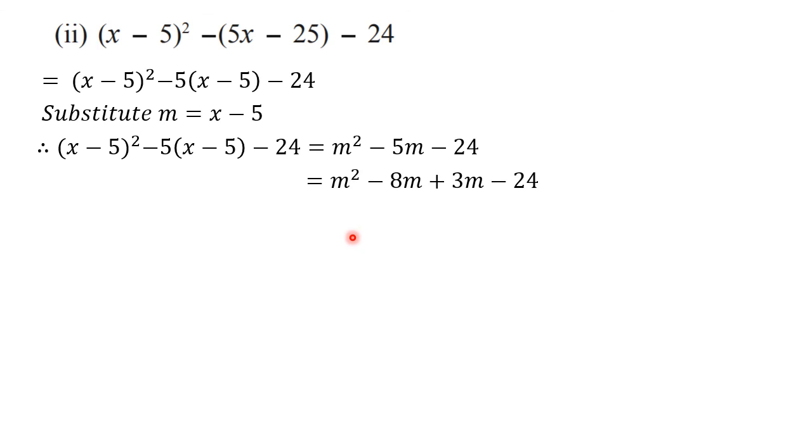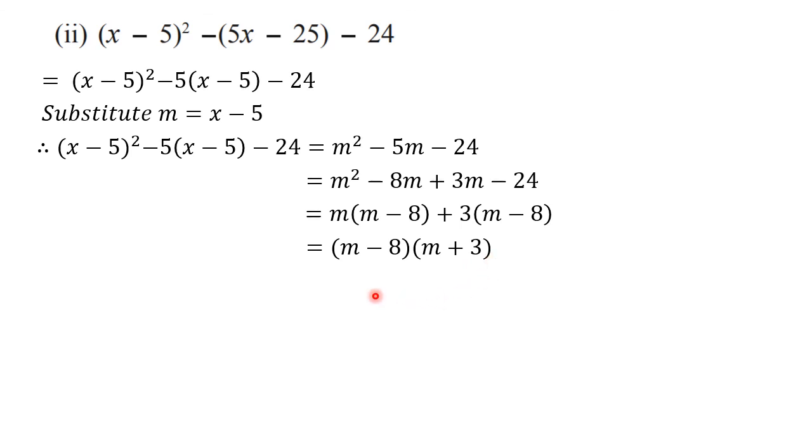So the second step we can write like, see, the first term as it is, m square. Then minus 8m plus 3m and minus 24 as it is. Now what we can observe here is m is common and here plus 3 is common. So let's take out common. When we take out m as common here, inside we have m minus 8. And when we take out plus 3 common here, again we are going to get m minus 8. So now the factors for this particular polynomial are m minus 8 and m plus 3.